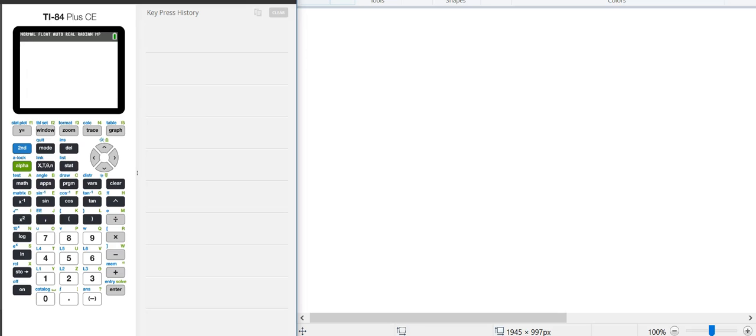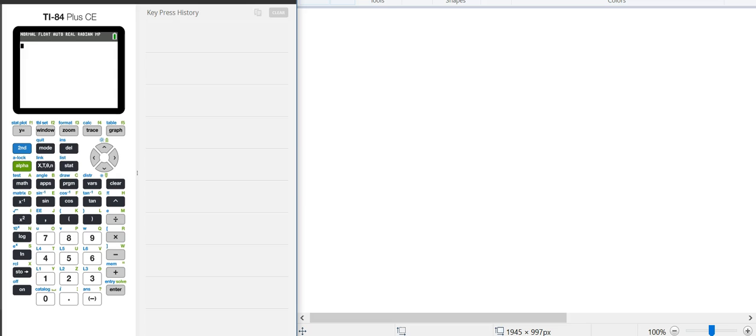On the Regents, in the multiple choice section, you might be given a table or a graph and then 4 equations for your answer choices, and asked which equation models that graph or that table. So the only thing you need to do to be able to answer the question is plug in the values either from the table or from the graph into each of the equations in the answer choices,